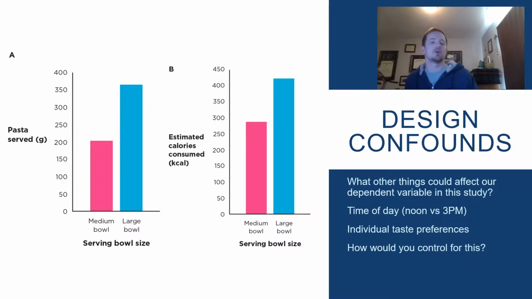You would also want to make sure that there aren't individual taste preferences among your participants. So you would want to make sure that this is not a rare food. This is not a food that requires people to have an acquired taste. Like coffee, for example, is not something that everybody loves. And so you'd want to try to make something that is generic that everybody would probably like to some degree.